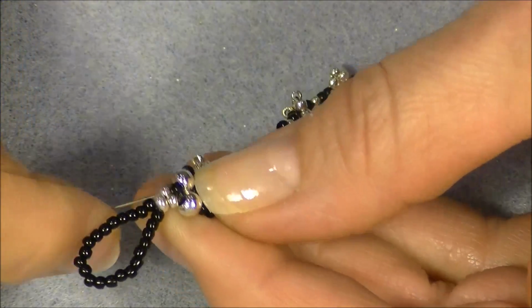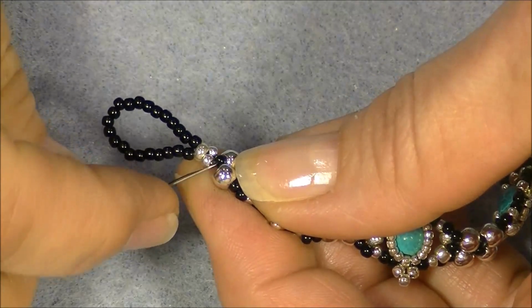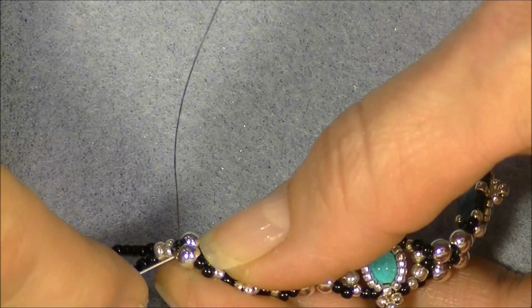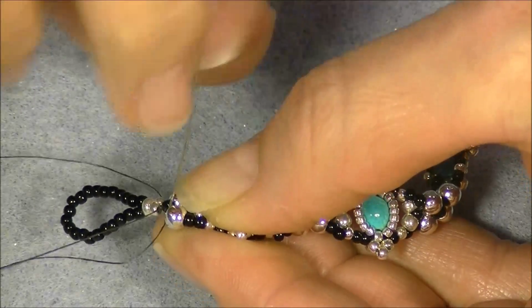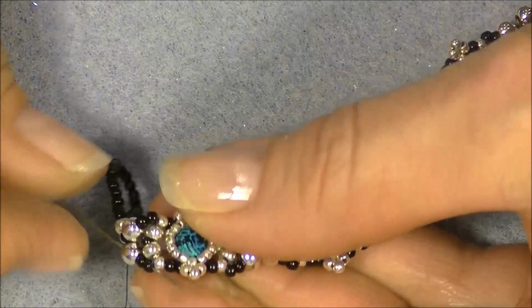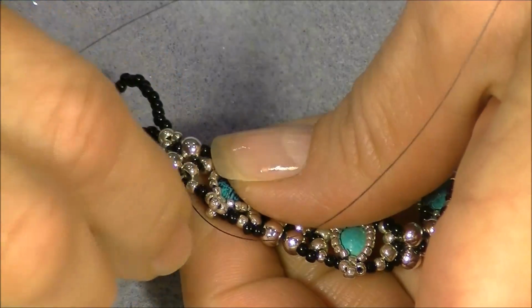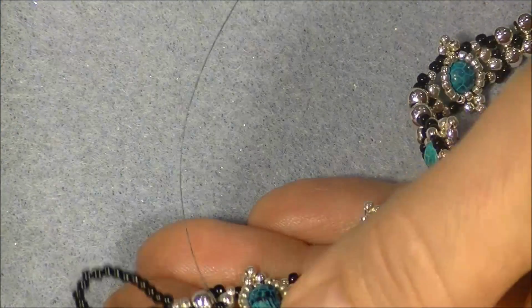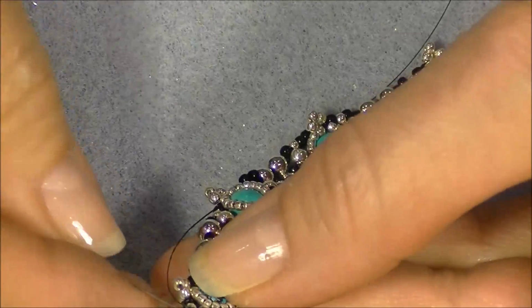And then I'm going to tie a knot right here on this thread bridge between the 11/0 and the 6/0. Actually, I'm going to go through the 11/0 and do it on this side because that side seems kind of tight. So I'm going to grab this little thread bridge here, go underneath, grab a knot, pull it down. I'm going to do that again, go underneath the thread bridge, and grab a knot, make sure it goes down between the beads, go back through this 6/0, these 11/0s, into the 8/0s and the 11/0 between them, I'll go into this 11/0 or this 8/0 here, into these 11/0s,